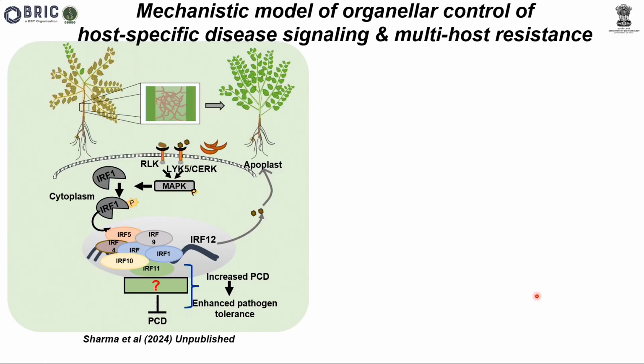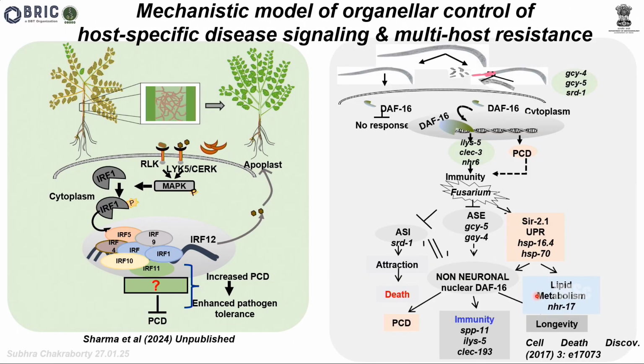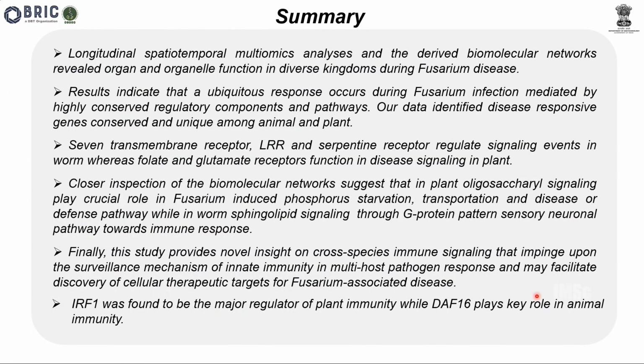So with that we came up with the model, and in this model we found how this whole process starts from the cell membrane, goes to the cytoplasm, nucleus, and through the PCD gives the immunity to both the plant and the worm. To summarize whatever I have discussed with you, we did a longitudinal spatiotemporal multiomics work to derive the biomolecular network,